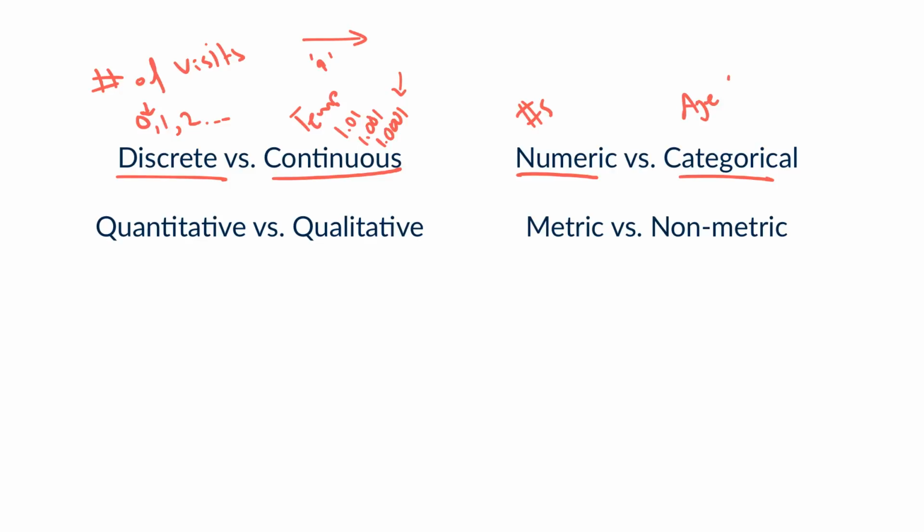Now we can convert from one to the other, right? Age itself is a numeric variable, but we can convert it. Now, by the way, is age discrete or continuous? That's a good question, right? Age, of course, would be continuous. There's an infinite number of possible ages that we can have. Now, if we assign it a unit like year, we could potentially make it discrete if we wanted to,